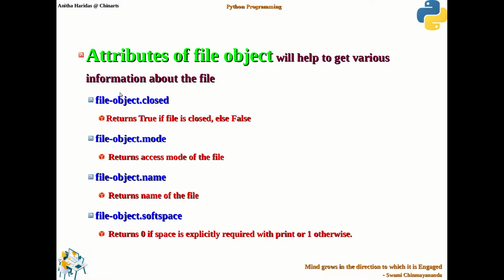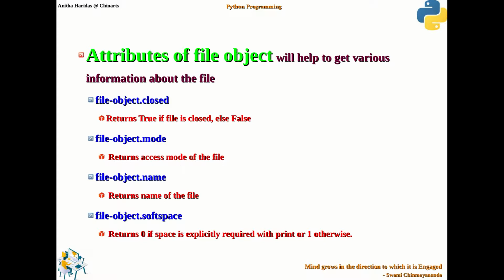Okay, so you can observe here it does not have open and close parentheses. That means this is treated as an attribute and not as a function. So if you simply invoke file object dot closed without parentheses, it is a boolean value. It returns true if the file is closed, otherwise returns false. And you have the mode attribute, which will return in which particular access mode the file is opened.